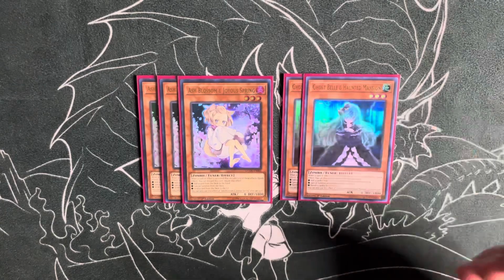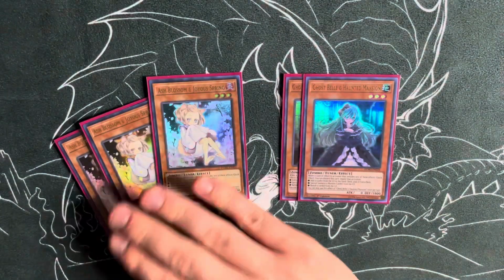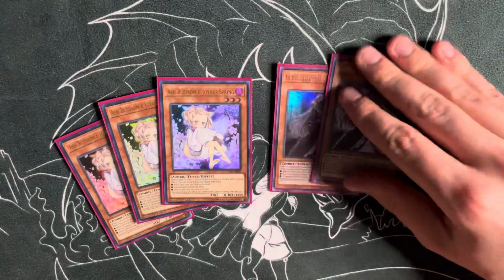I know these aren't the most impactful hand traps in the meta, but I felt like for what I'm really scared of, I think they do a pretty good job. Ash just generally hits most decks straight up, so that's nice. Whereas Ghost Bell is particularly, I play it for